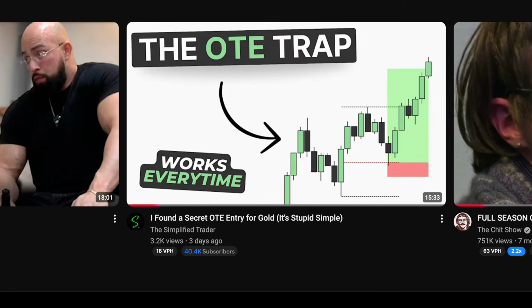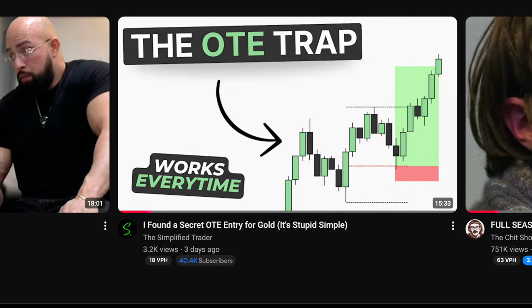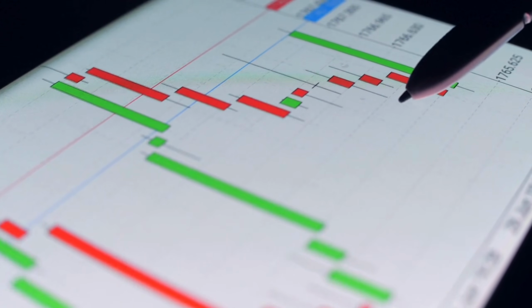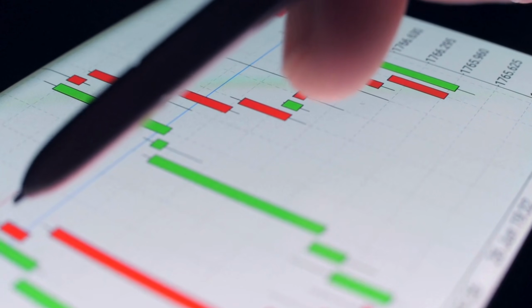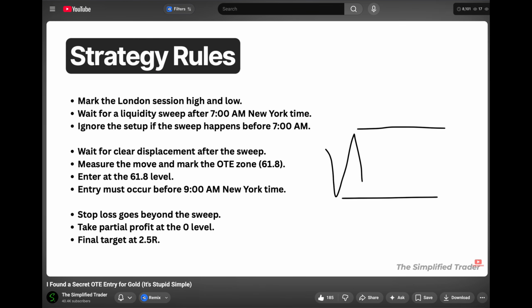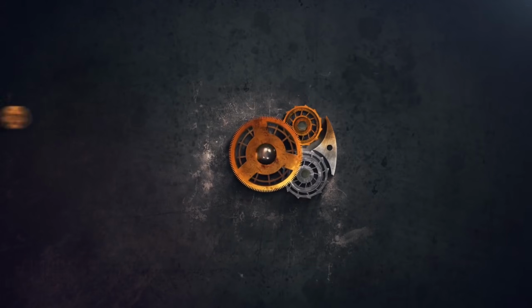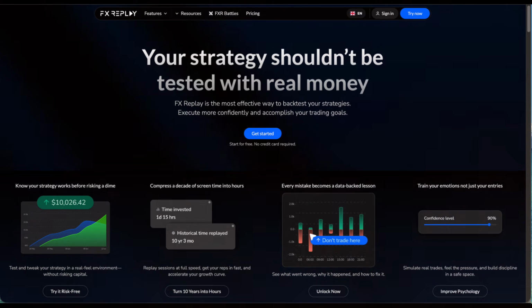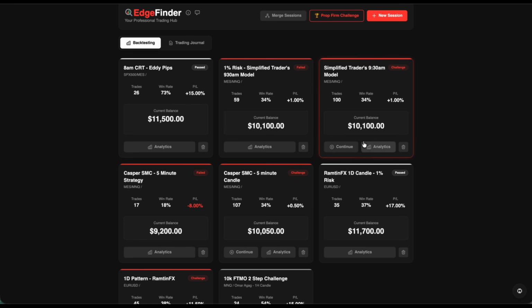Today we're testing out this gold trading strategy posted by Simplified Trader just a few days ago. I mainly wanted to test this because he made some extremely bold claims in the video about the win rate. It does look extremely simple and it's mostly mechanical, and if you know me, you know I love a good mechanical trading strategy. So you know the deal, we're going to be using FX Replay for backtesting, Edgefinder for analytics,